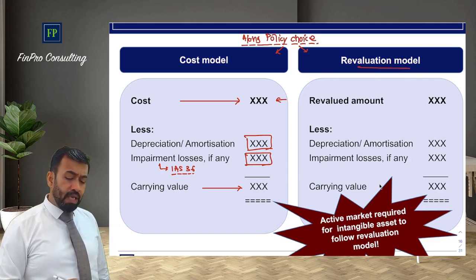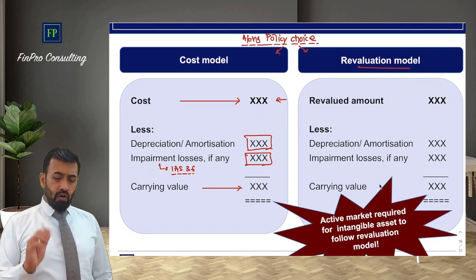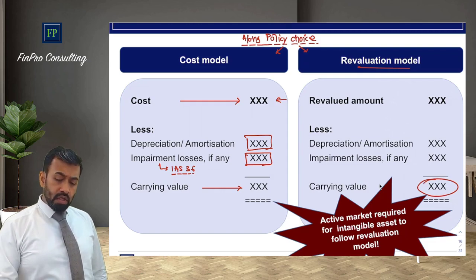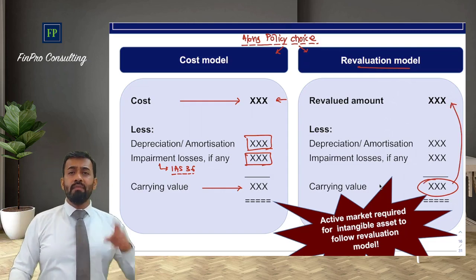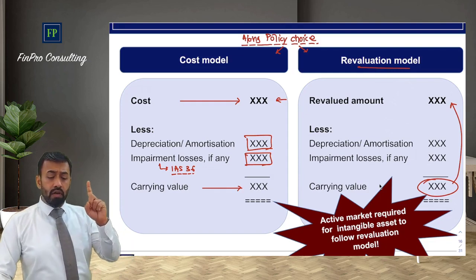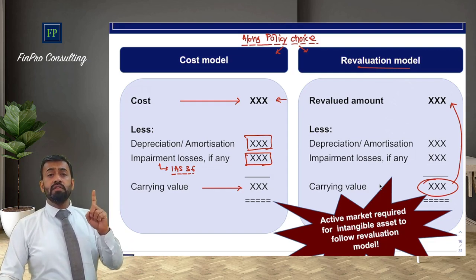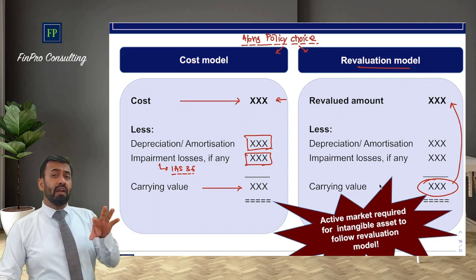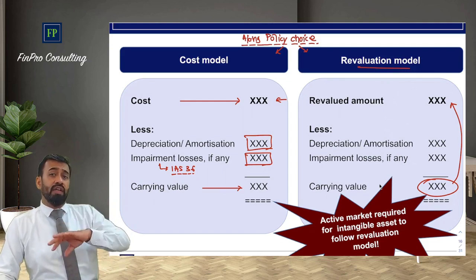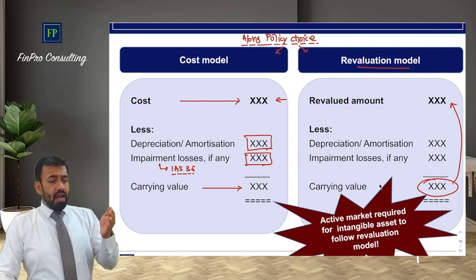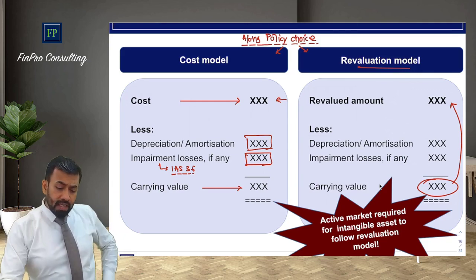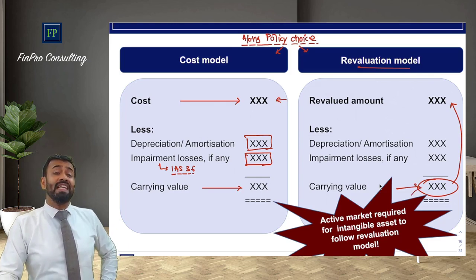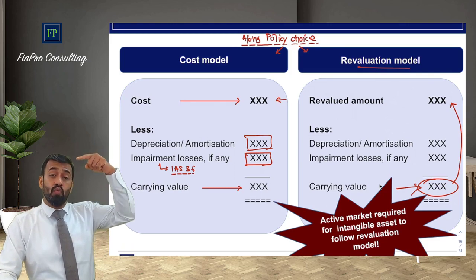Revaluation model for PPE can be followed. So what is actually revalued? This carrying value is revalued. Number 1 point, this is not revalued on a yearly basis. This is revalued at regular intervals. Regular intervals doesn't mean quarterly, half yearly, 1 year, 2 years. It's nothing like that. It simply says your carrying value of that plant and machinery or the property, plant and equipment should not be significantly different from its fair value.